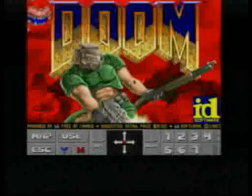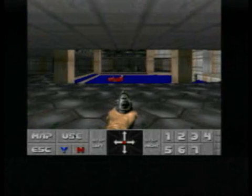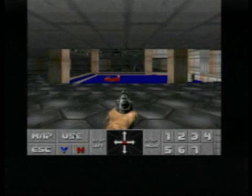Exactly. Okay. Doom. There we go. So here we are, and you can actually control it via the VNC client if you want to. Which it's not going to look that great because...